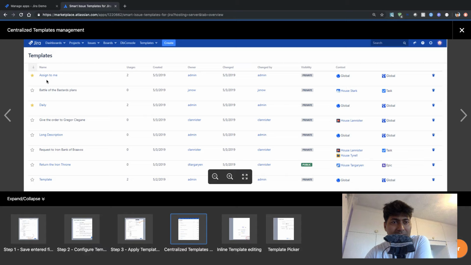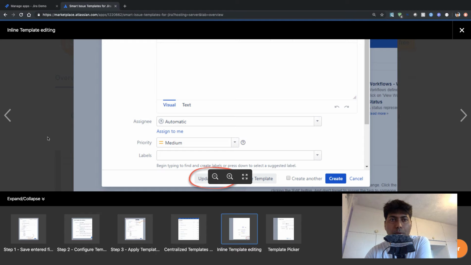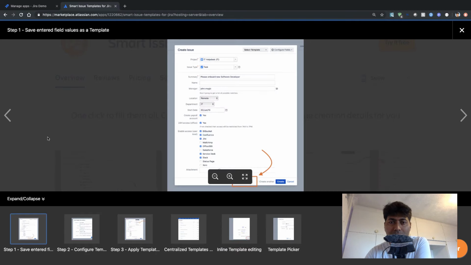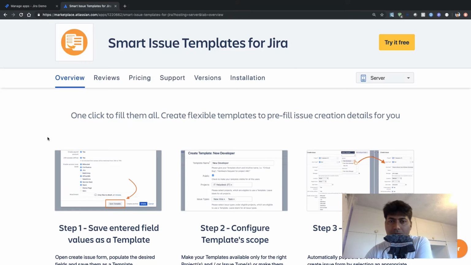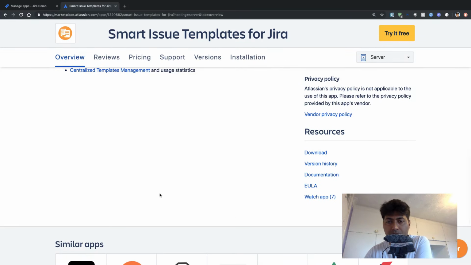For example, you can have a template like assigned to me. If you select this template, I believe the issue will be assigned to you. Maybe you can also create some more templates based on what fields you want to populate. So let us take a look at this app, and before I proceed,